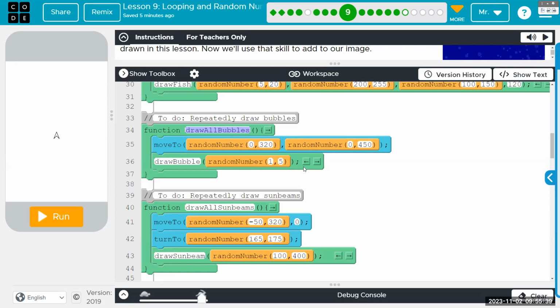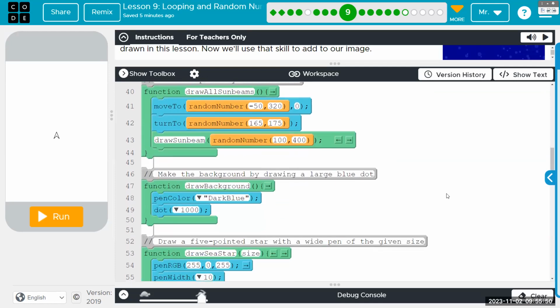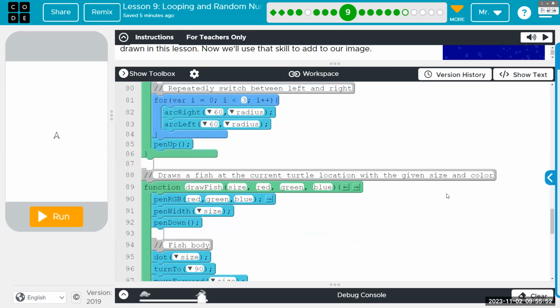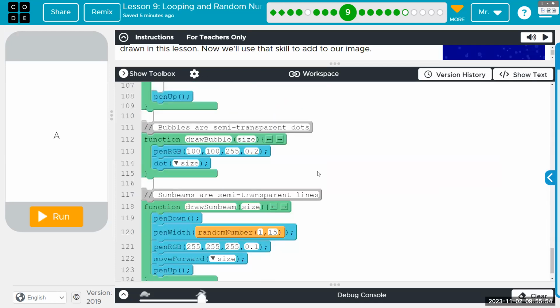Every time draw bubble is called, it sends a random value between 1 and 5 inclusive to the draw one bubble function, which is down on 112.